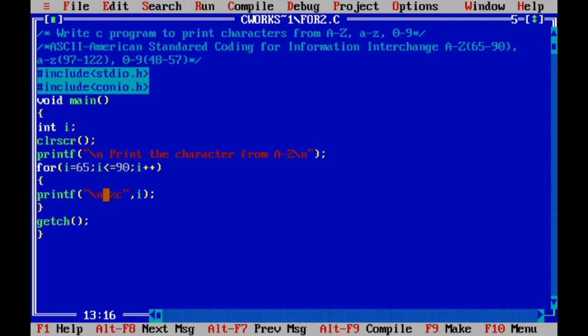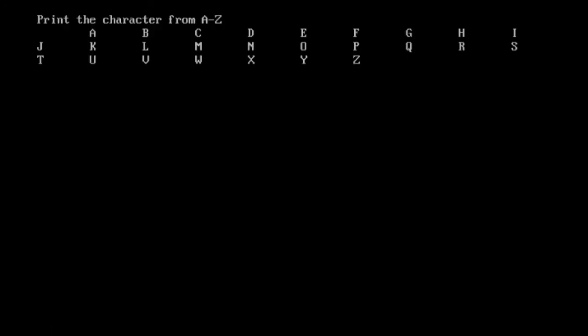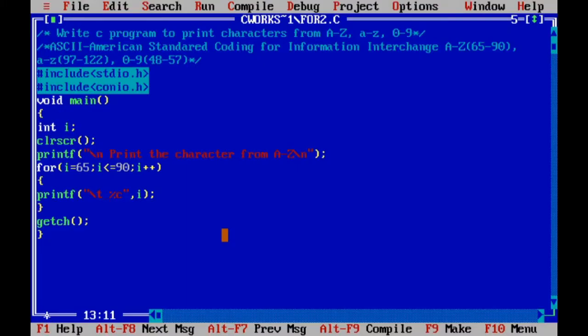You can remove this \n and do the \t. So check once again: Alt F9, then Control F9. See, here is your output, A to Z. Suppose you want the number also and the character also, then do %c \t